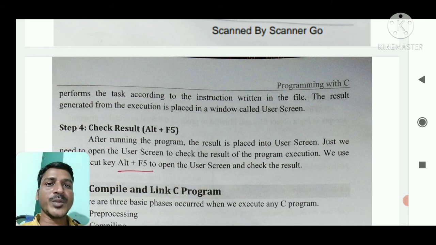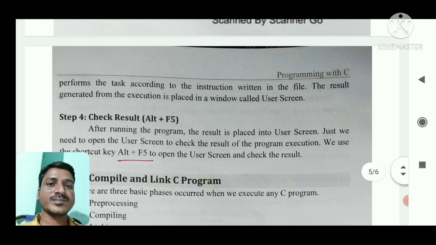Then the CPU performs the task according to those instructions, displaying one line of information. Or otherwise, we want to create a source code for the addition of two numbers.